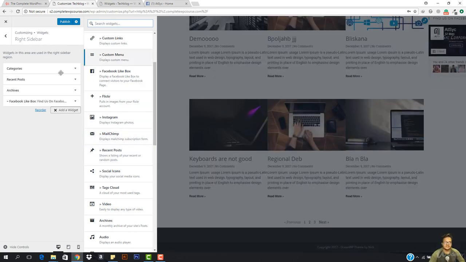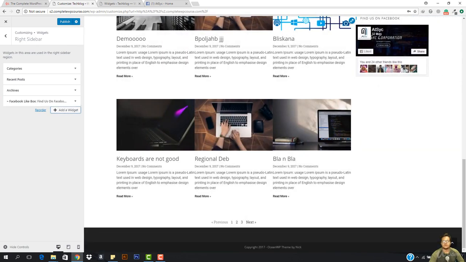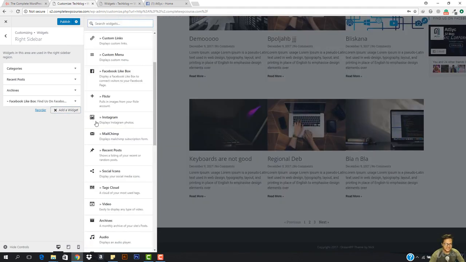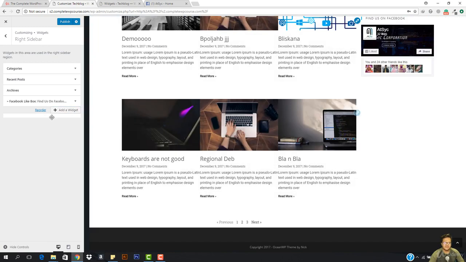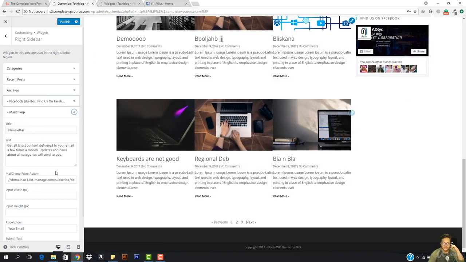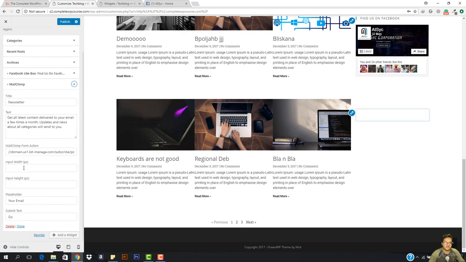Here should be the subscribe form, so that if anyone wants to enter their email address, they can just enter it. So let's just add it, but we will be working with this later on. Okay, we will be working on email marketing; there will be a separate section. So get all the content driven to your email in a few months about categories, and we'll send it to you. Okay,